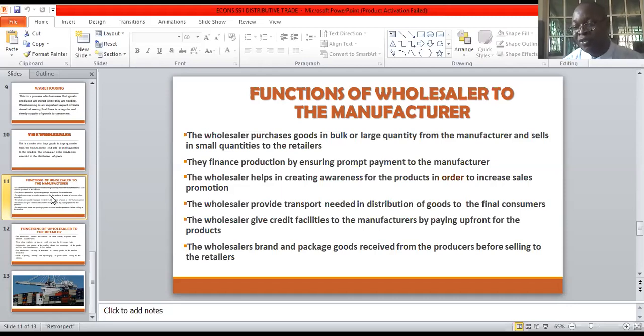And who is the producer of goods? That is the manufacturer, or you can call them the producer. Number three,